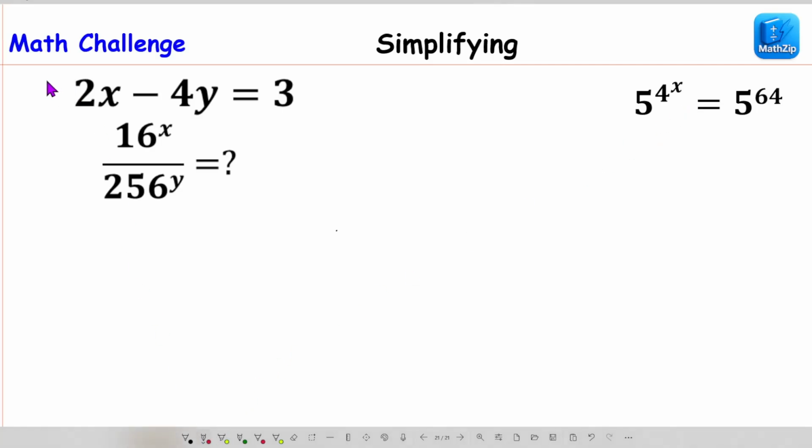First one, here is given 2x minus 4y equals 3. We have to find out the value of 16 to the power x divided by 256 to the power y. So first one,